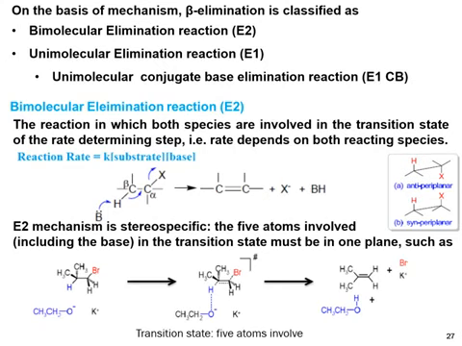Ethoxide subtracts the proton. This forms the five-atom arrangement in the transition state. The bond is in the half condition. Then the ethoxide abstracts the proton and the leaving group leaves and forms the olefinic bond.